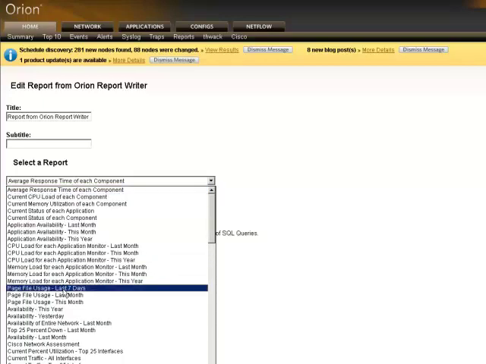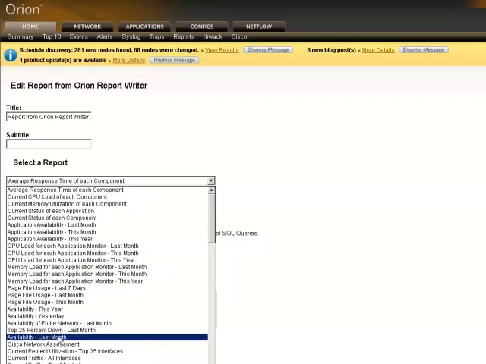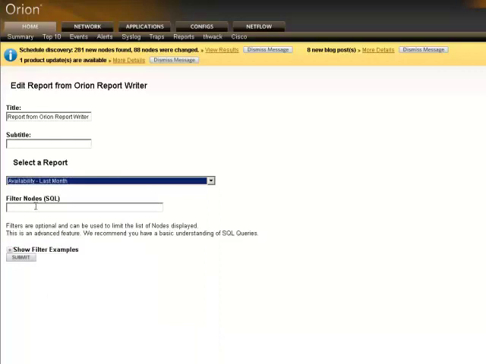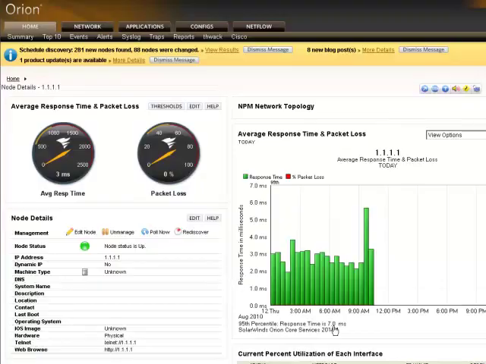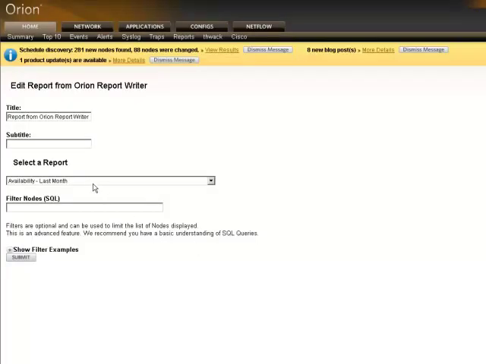But here, specifically, if we want to look at a report for availability for the last month, I can put that in here, and I can even filter that down even further based upon whether this is for a specific node or a specific set of nodes. In essence, what that'll look like when I submit it is, not normally getting this error, but you'll see the report show up inline as a resource within there,